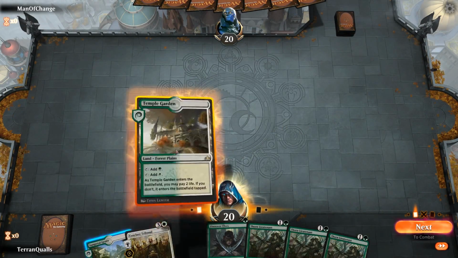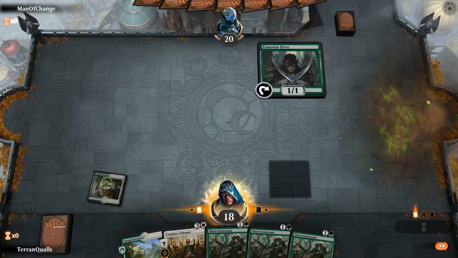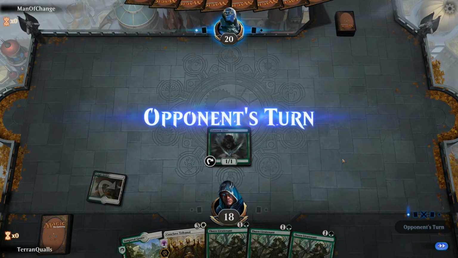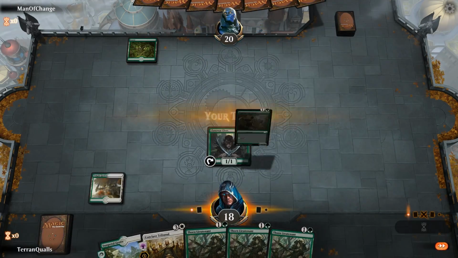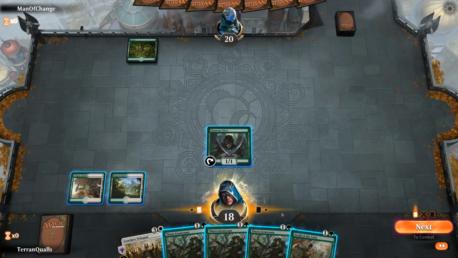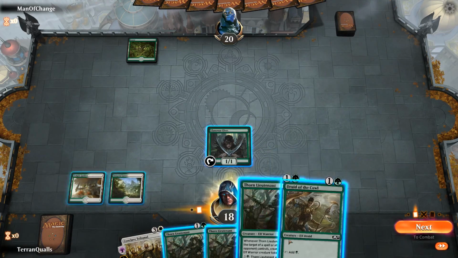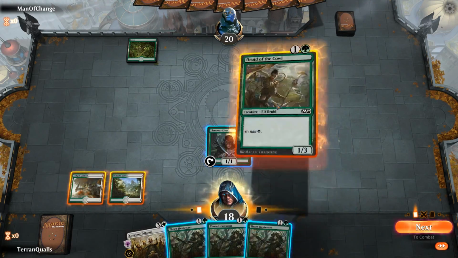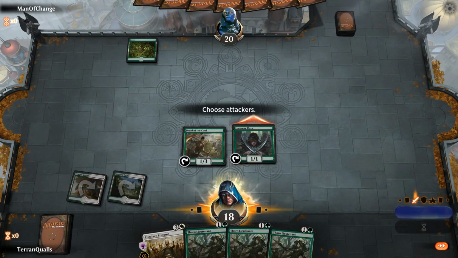Always happy to see a land with a Llanowar Elf. Going Temple Garden, paying 2, going Llanowar Elf pass. Going to go Forest. Druid of the Cabal is a good hit for us. Let's go Sun Petal Grove. I want to go probably Druid or Thorn Lieutenant. We could probably go Thorn Lieutenant here if we want to be aggressive, but Druid of the Cabal is also pretty good because